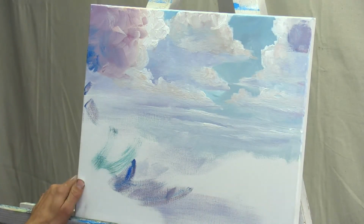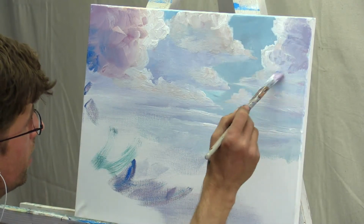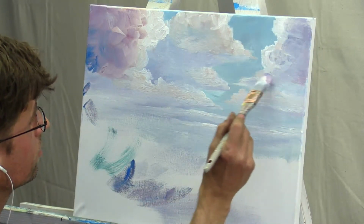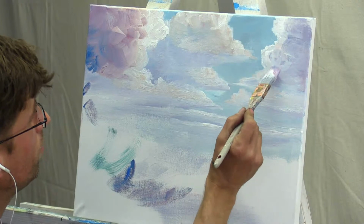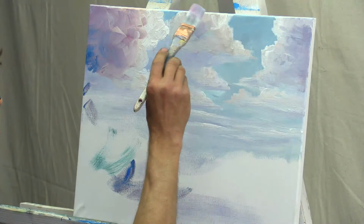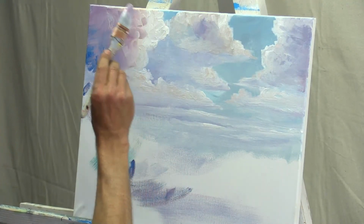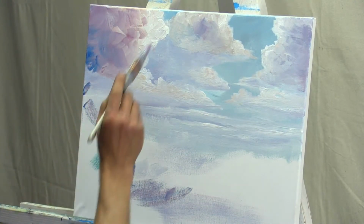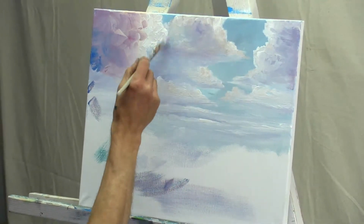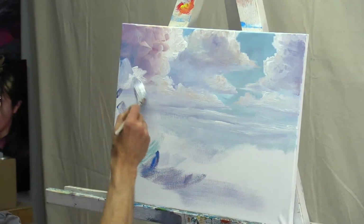I'm going to take some water and gradually darken the shadows to what I think is the right balance, because I want that color to get darker as it gets bluer. So think of a rainbow. We're moving toward the blue end of the spectrum. We go yellow to orange to red to purple to blue, like that. We're going in the order of a spectrum, kind of. I'll just fade these in, grab a little bit of white, try to blend it all together, and we'll be ready to